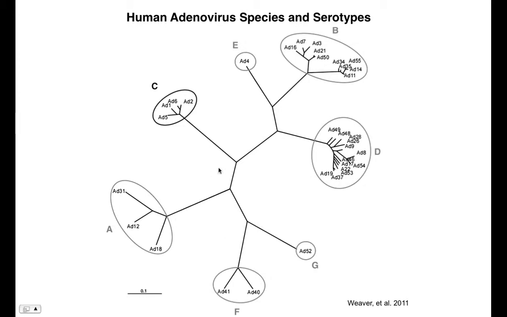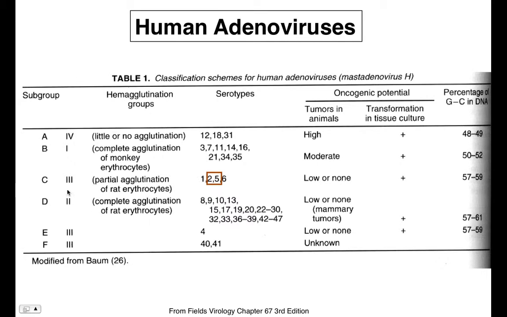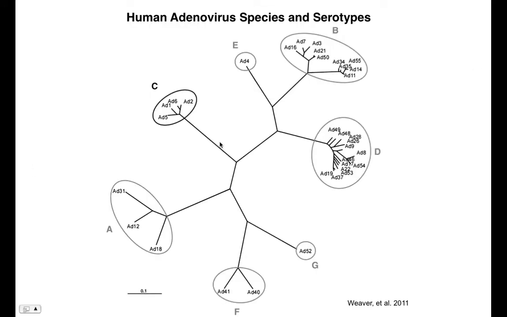Here, this is a phylogenetic tree, so this shows how related different species of a virus are to each other. And so this group C, which is what this subgroup 3 refers to, it's more commonly called subgroup 3 or C. And right here, you see Ad2 and Ad5. Again, these other serotypes have differences, but these are the most commonly studied,